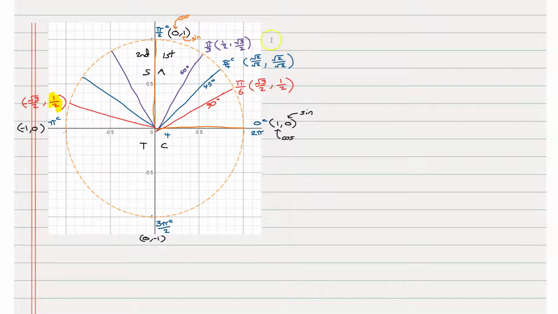And we can do that for all of our values. So over here, this middle one, it's going to be root 2 over 2 and also root 2 over 2, but the cosine, the horizontal, is going to be negative. So it's negative root 2 over 2 and root 2 over 2. And then we've got 1 over 2 and root 3 over 2. And this half is going to become negative as well because that represents the output of cosine. Now the next question is, well, okay, I know the exact values, but what angle are they associated with? And to work out the angle they're associated with,